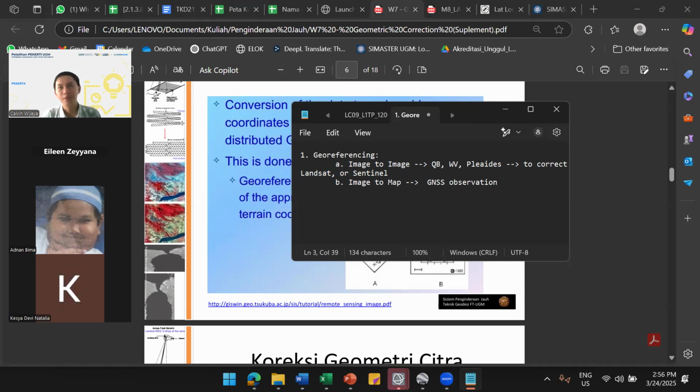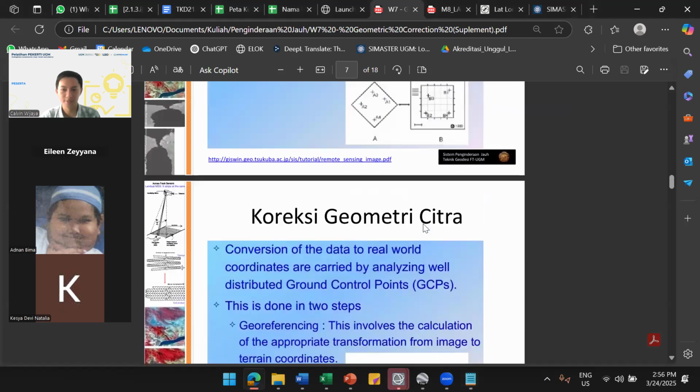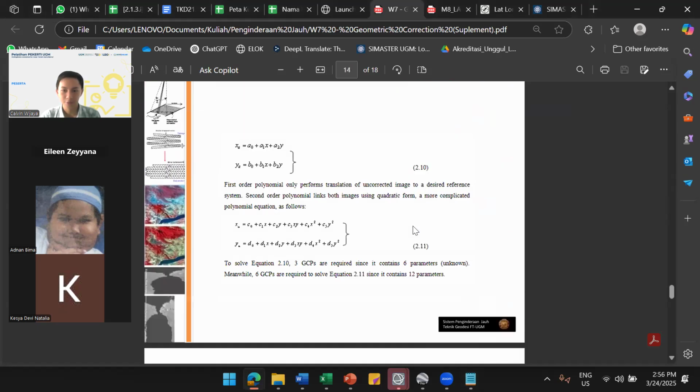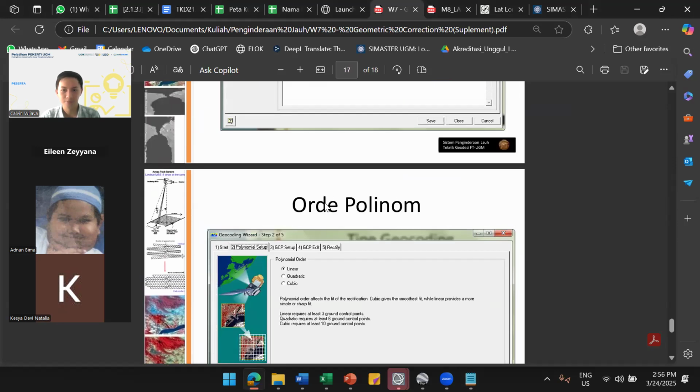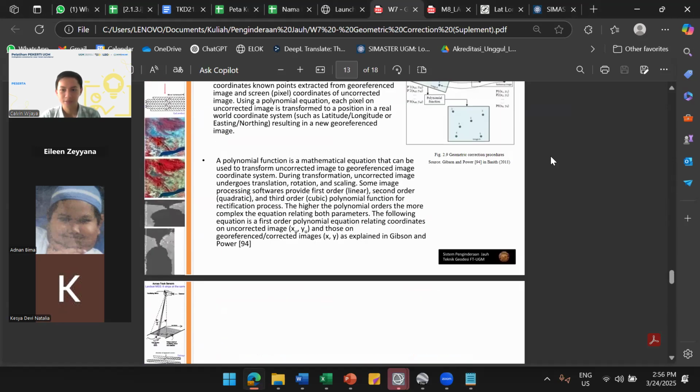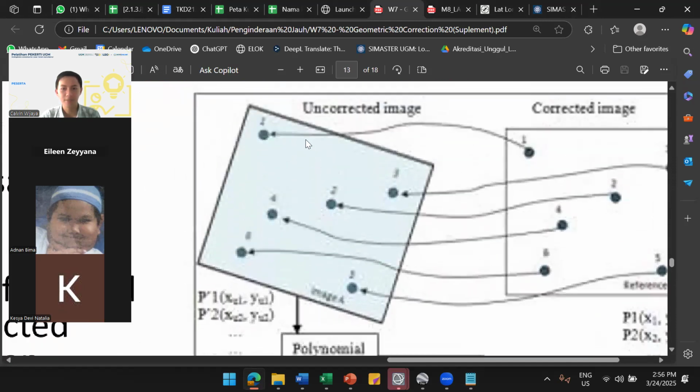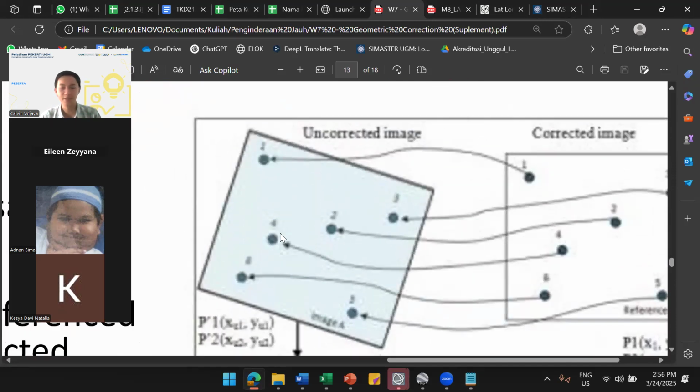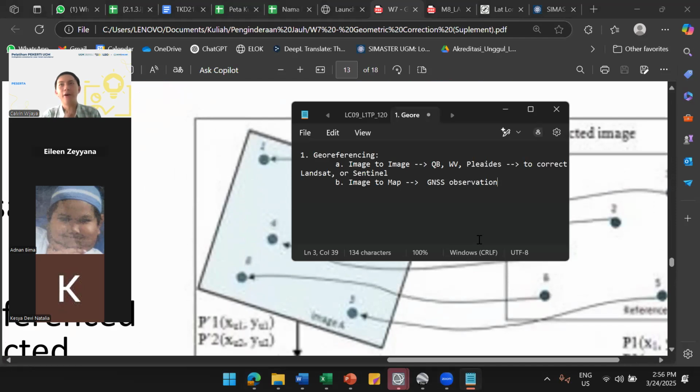We set up GNSS instruments on Earth in several areas, and then on the Landsat image we click on the exact positions where we set up the GNSS observations, on the pixels.